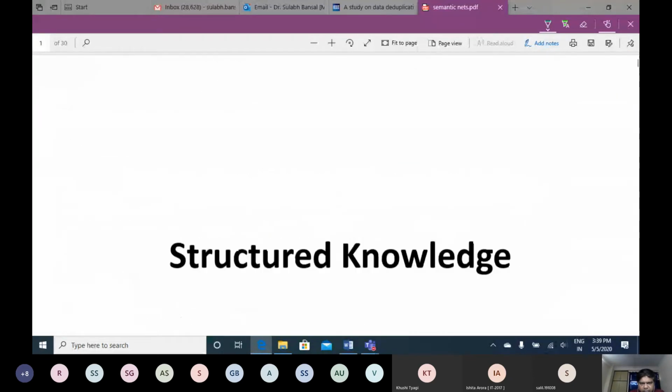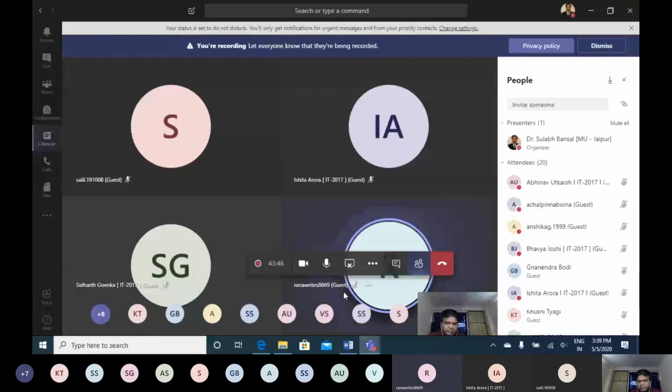Any doubt in this? No, sir. It is very easy. So this is just an introduction. You would have answered your queries yourself, like if you want to represent a larger amount of knowledge, how you can do it. So you might get innovative after going through this semantic network, that you can use such structures to represent the vast knowledge of the world, and then use them to infer your answers, right?